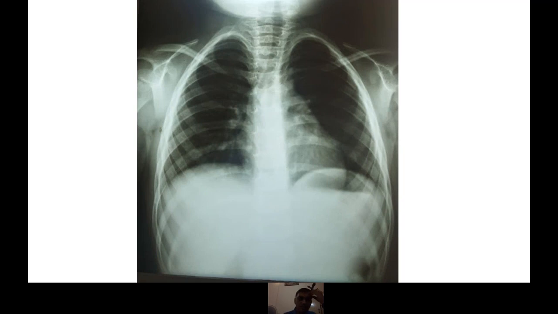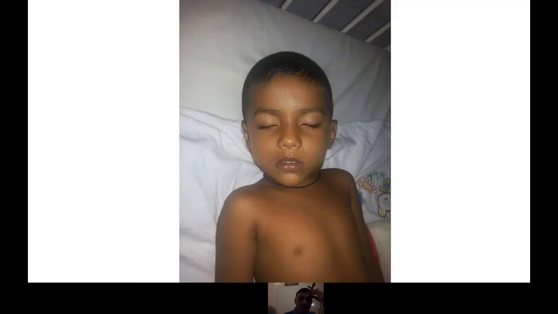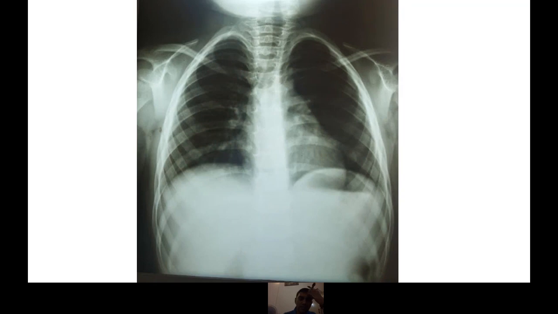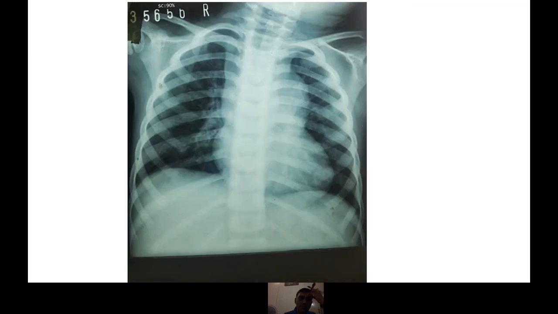Then one day we found, I don't know whether you can see it in this picture, that he had cervical lymph nodes. Then we revisited his chest X-ray. We took another chest X-ray, and this is the very first one, and this was taken after about 1 week. You can see there's a clear difference. There is mediastinal widening. These are actually hilar lymph nodes, and ultimately what we had to do was take a biopsy from these intrathoracic nodes, and he was diagnosed with lymphoma. So this story just highlights the importance of going through the patient every day and evaluating with necessary investigations.